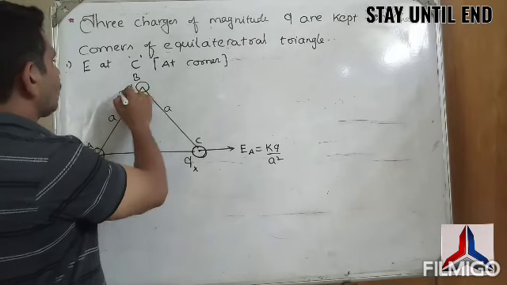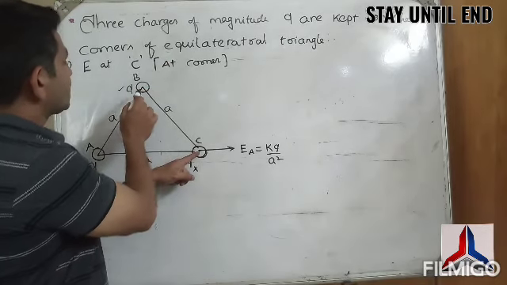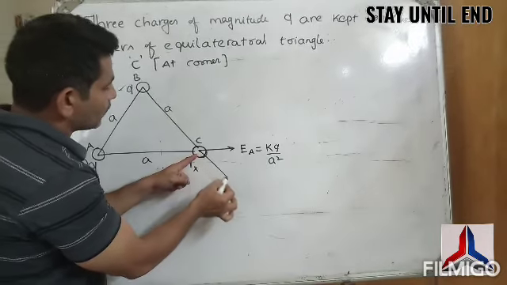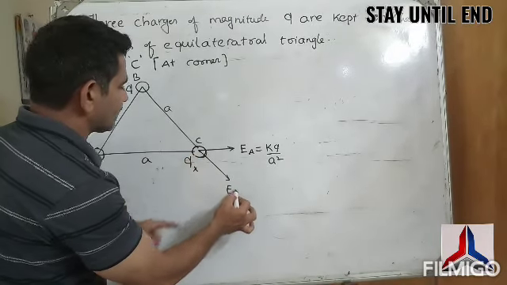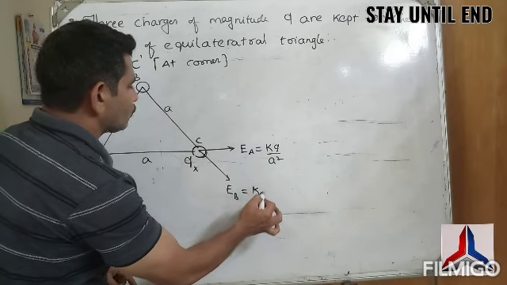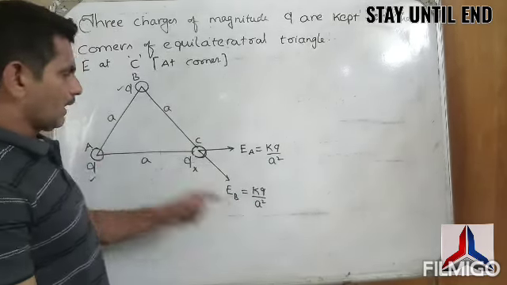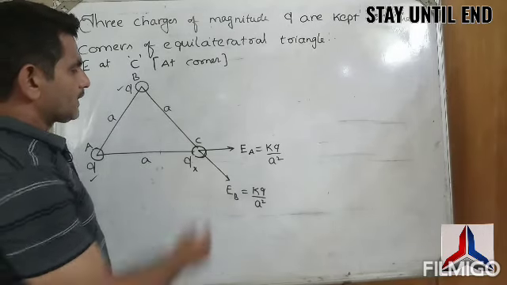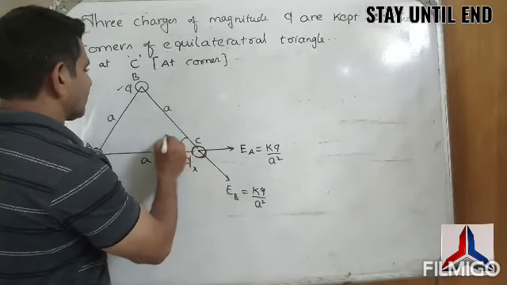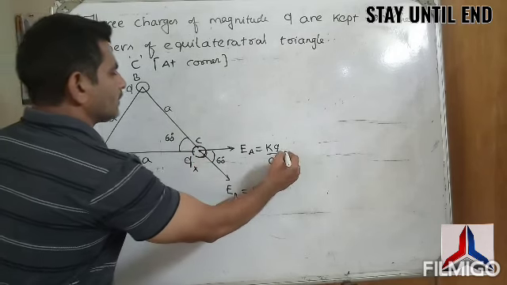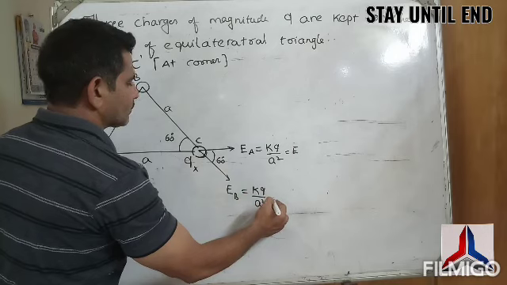Now we are going to this. This is a charge which is at distance a, therefore it also can produce electric field intensity, that is kq by a square. Understand better? Kq by a square. So this is the vector. The resultant can be taken as the vector sum. Are you getting my point? This is the standard format.